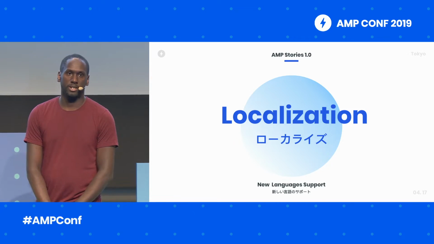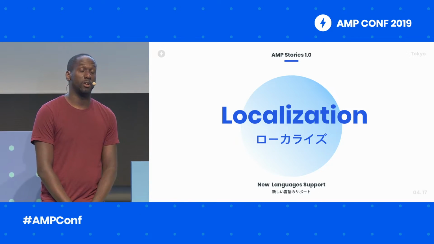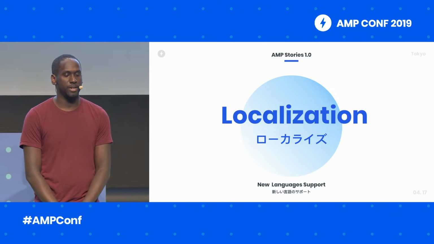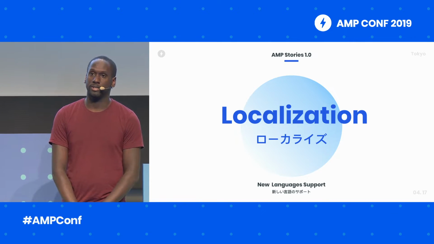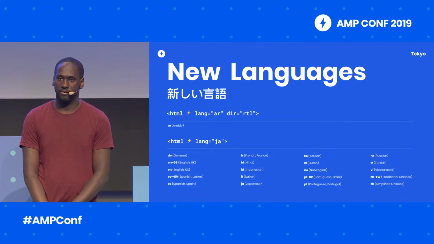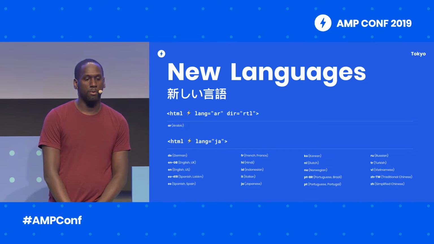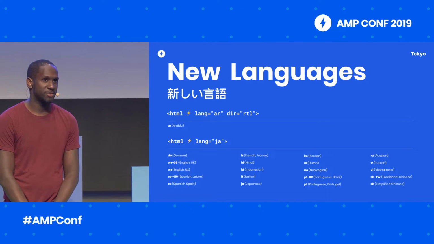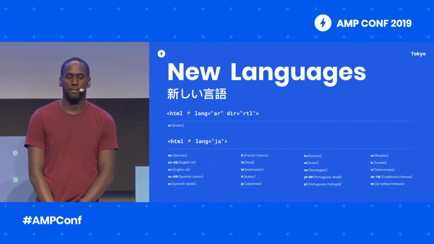So we on the core AMP Stories team have been hard at work expanding the capabilities of the format so that it can work for everyone. So let's walk through a few of the features that we've added to help out here. First is localization. When we launched the origin trial and developer preview last February, it was in English only. We now support 21 different locales, but more importantly, we've built a generalizable framework around localization in AMP so that